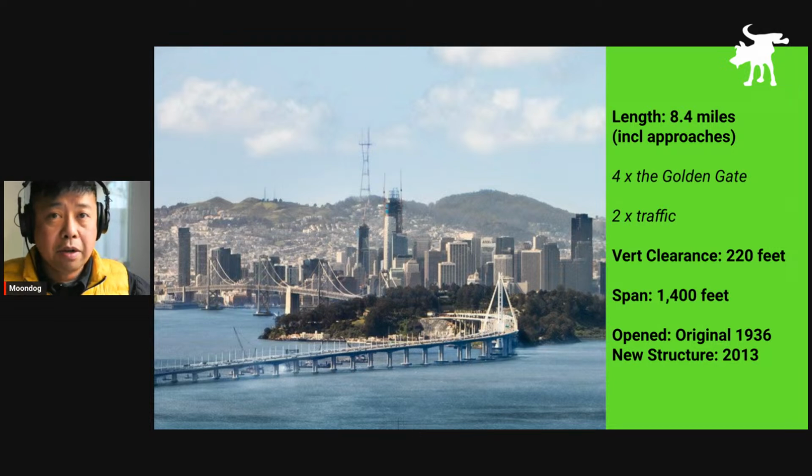And the Bay Bridge actually handles over twice as much traffic, which is not all that surprising, since the cities on the East Bay are much more populous than Marin and the areas north of San Francisco. In fact, a lot of people commute from even further east into the interior of California to San Francisco. But most people, if they think of San Francisco, they think of the Golden Gate Bridge. They don't really think about the Bay Bridge, though some people I know have actually accidentally thought they were on the Golden Gate Bridge, and then they wonder why it doesn't look like it does in the photos, because they're actually on